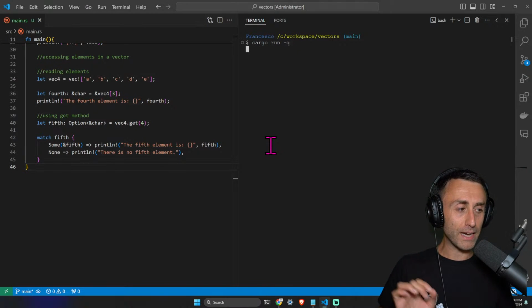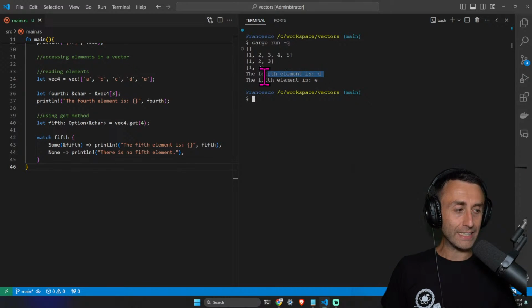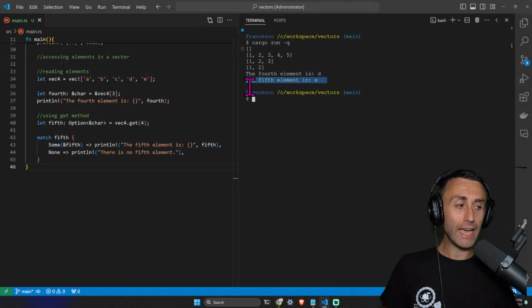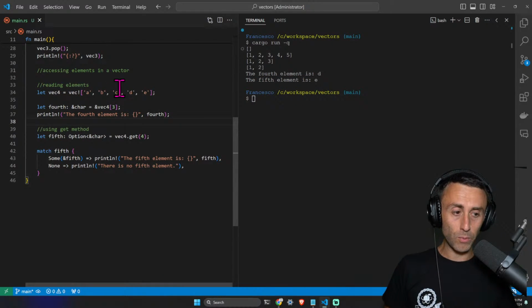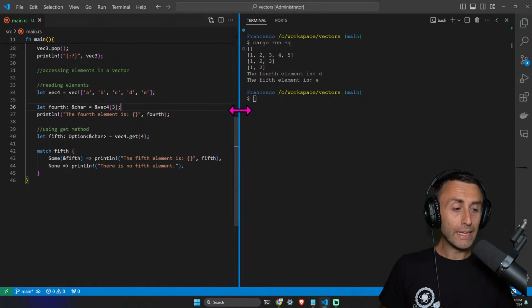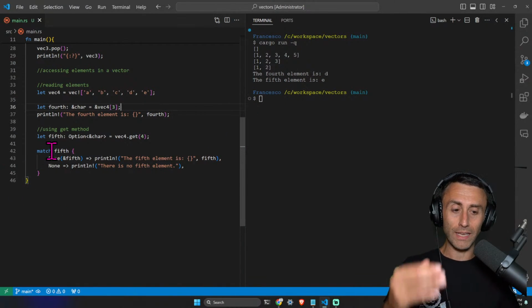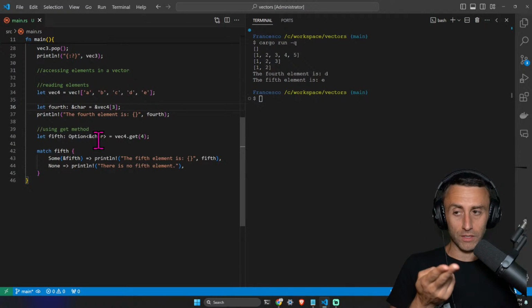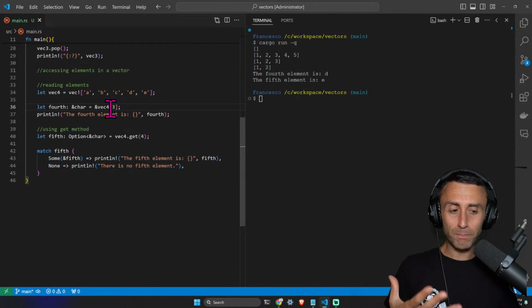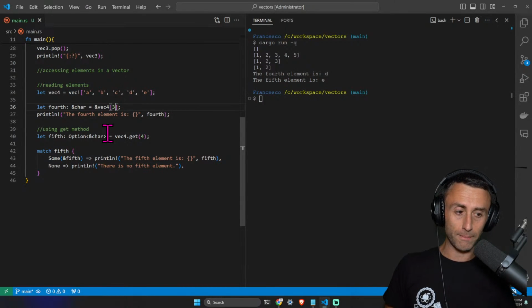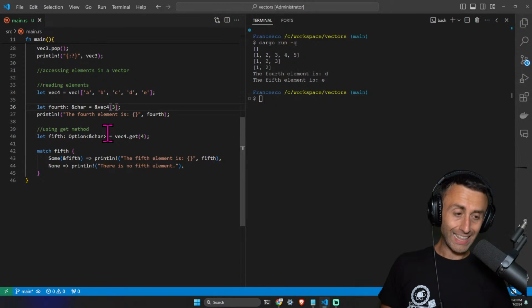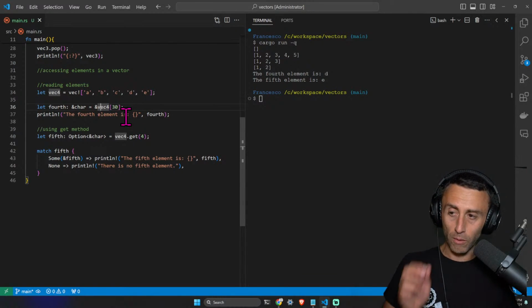So if we type cargo run -q, we see the fourth element is D, and the fifth element is E. You can see here we have the fourth element is this D, and the fifth element is this E. Okay. Now, what's the advantage of the second approach compared to the first one? It should be clear as soon as we start making some mistakes. For example, if we type instead of 3 the index number 30, which is obviously not